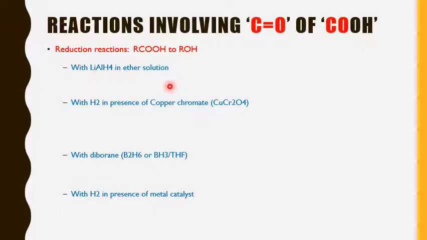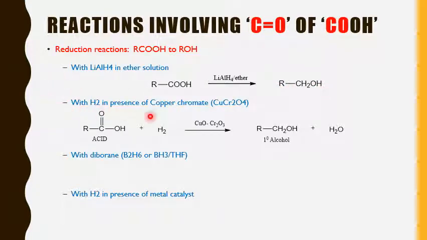One such reagent is lithium aluminum hydride, LiAlH4, in ether solution, and the carboxylic acid upon reduction with lithium aluminum hydride will result in the formation of a primary alcohol. Okay, and you can have the same reduction in the presence of a copper chromate catalyst with the addition of hydrogen. So the acid can be reduced to the same primary alcohol when you cannot use lithium aluminum hydride. There you can use this condition where the reduction by hydrogen occurs in the presence of a metal catalyst, copper oxide and copper chromate. In both cases, you will get a primary alcohol.